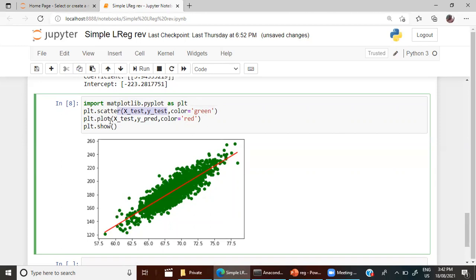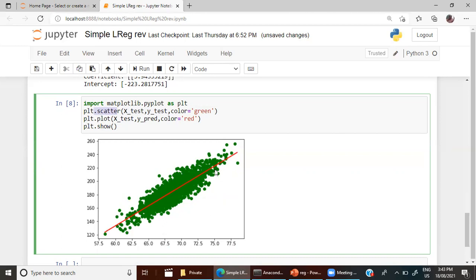Then if you write plt.plot, plot means it will draw a line.